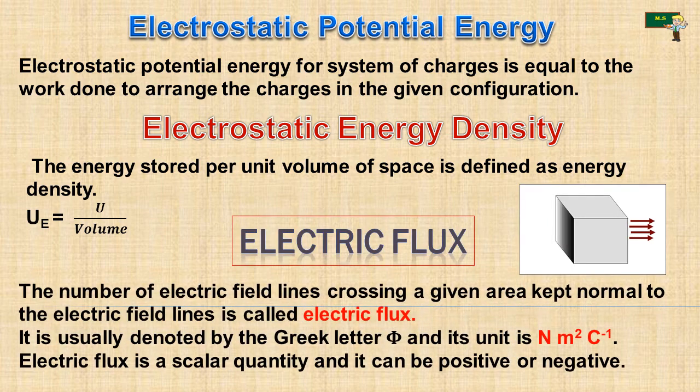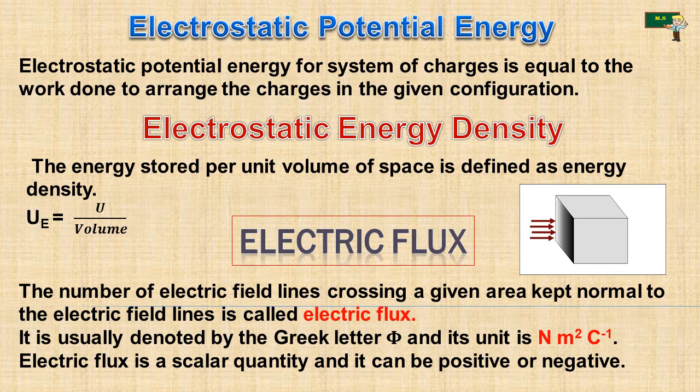Next one, electric flux. What do you mean by the electric flux? It's a very important one. Let us consider this as a rectangular box. Sometimes a lot of electric field lines move through this, and we take only the electric lines which pass through this rectangular box, which is called electric flux. In this picture, you can see the lines moving into the box and coming out straight.